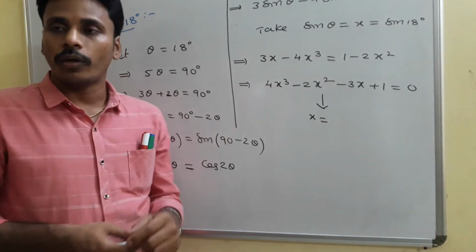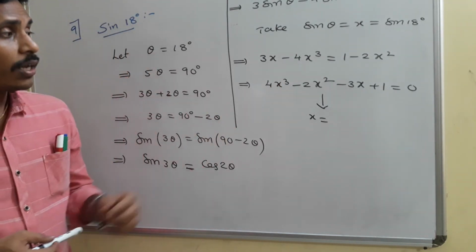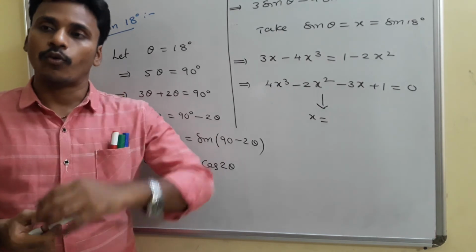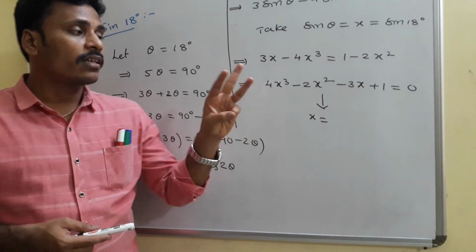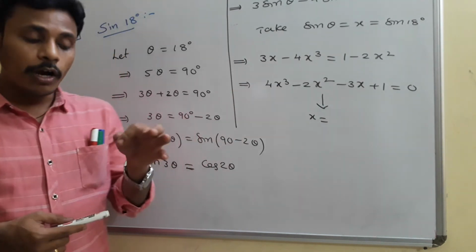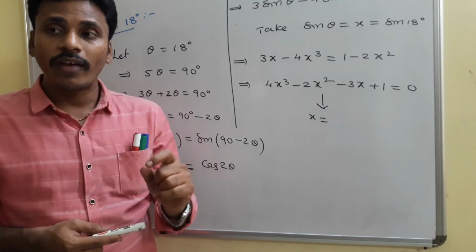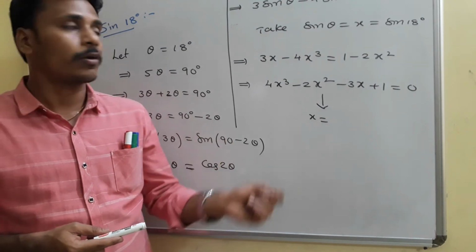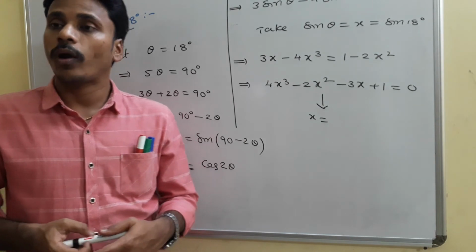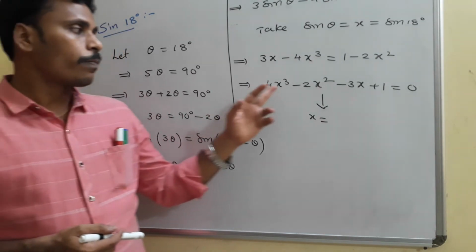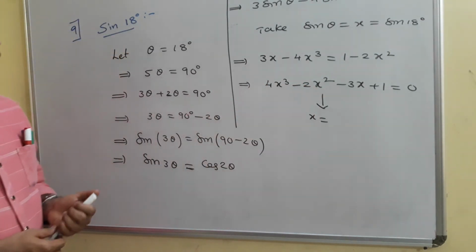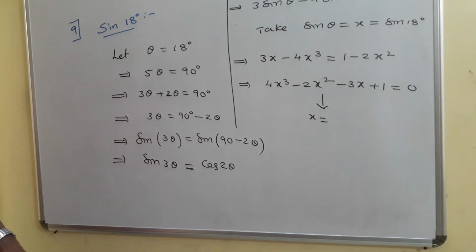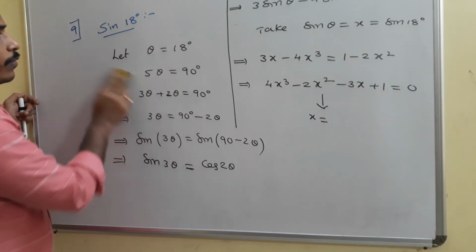This is a cubic equation of degree 3. For sure, this cubic equation has 3 different roots. In the sense that for x, 3 possible values are there. Among those 3 possible values, one value is suitable for sin 18 degrees because x is sin 18. And that one value we need to identify. So, what do you say about that? What is the value of x? First of all, I am erasing this for the space concern.